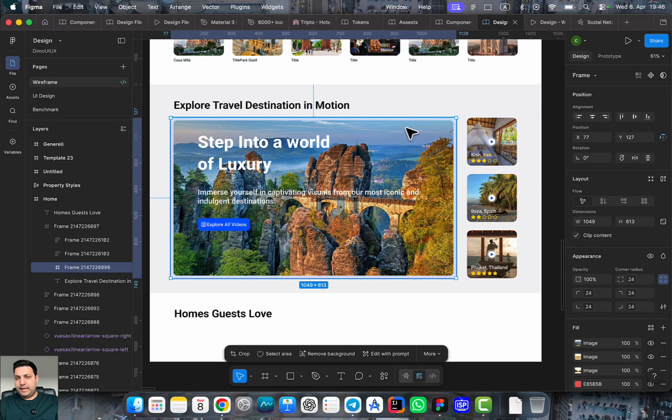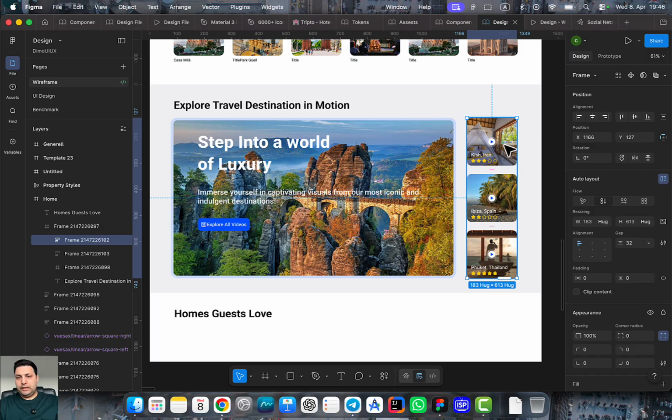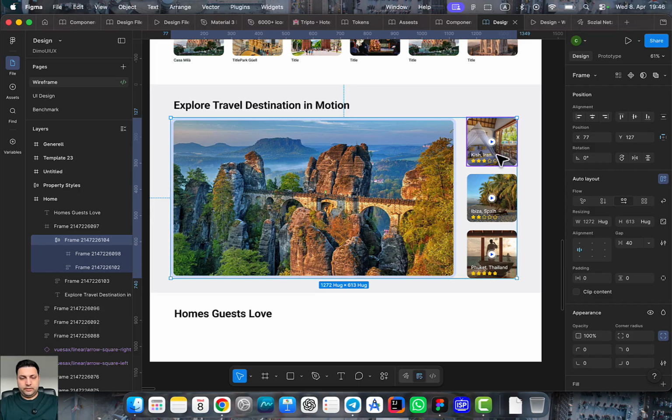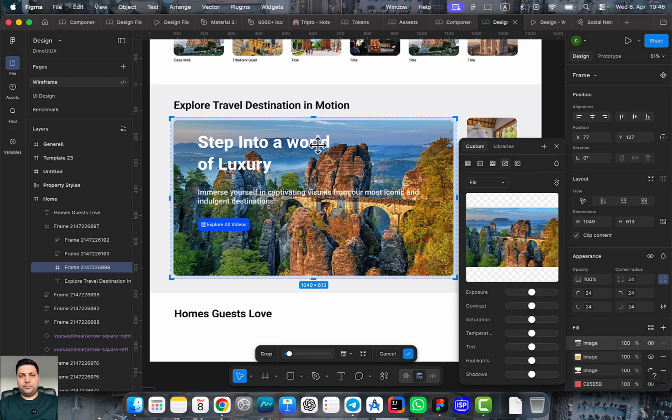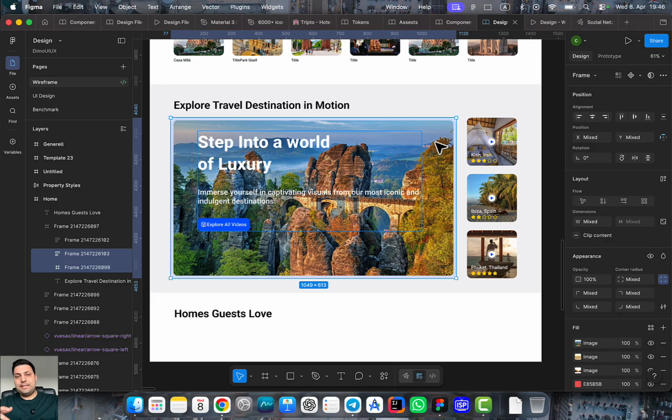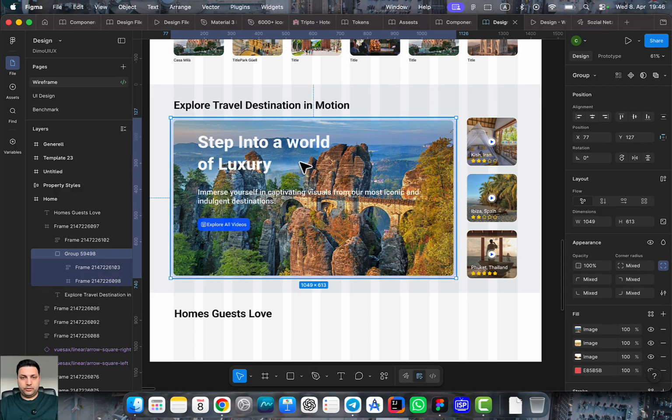The height of that is 1613. Also, that is 1613. We can make them auto layout. Oops, sorry. First of all, it's better to make them these two together. We can make them group. So Command G. So this is a group,